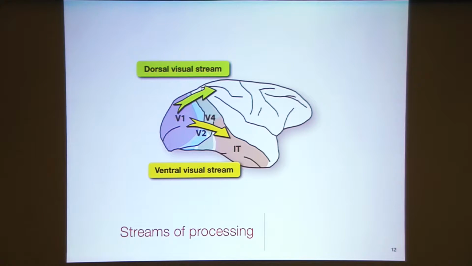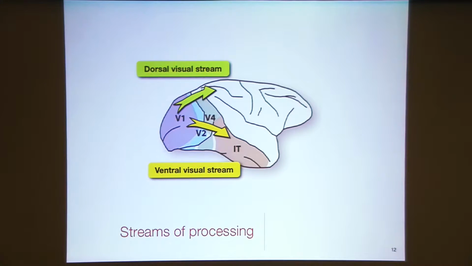So it's customary to assume two independent streams of visual information in your visual cortex, a ventral stream that seems to be mostly involved in the processing of shape information and invariant object recognition. This stream starts at the back of your head in the primary visual cortex and runs laterally through the sides of your head here. And I'll tell you more about this stream in detail in the next couple of slides.